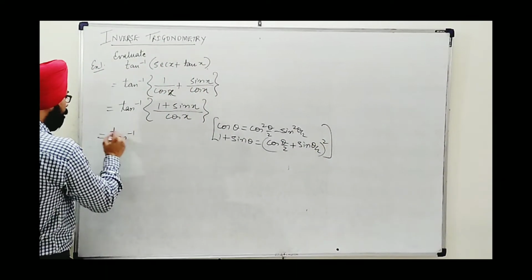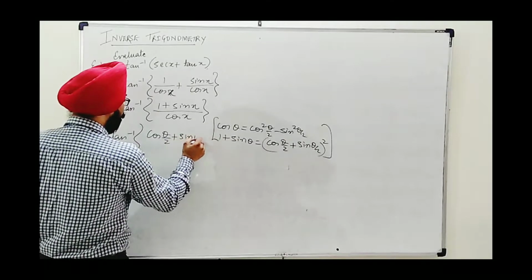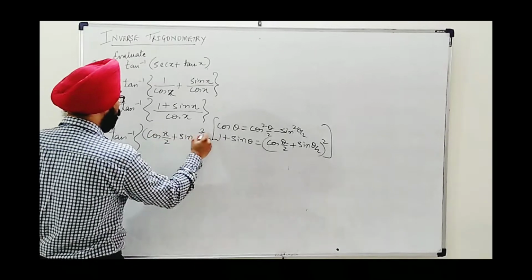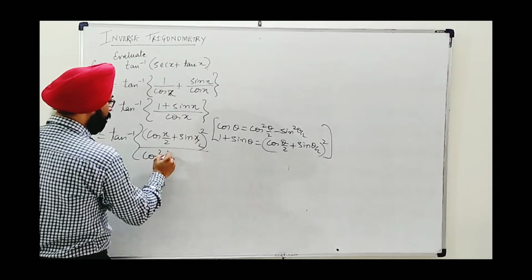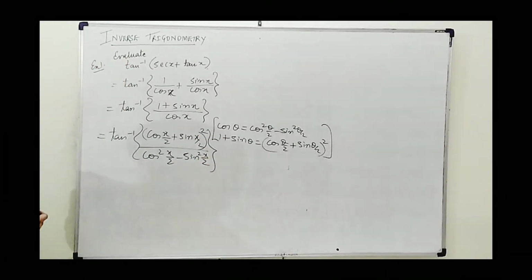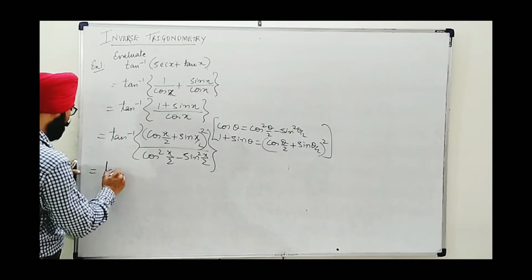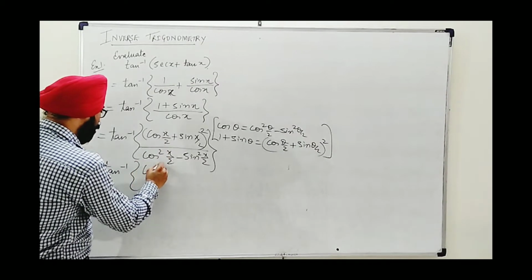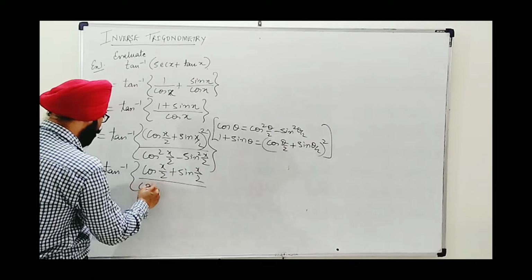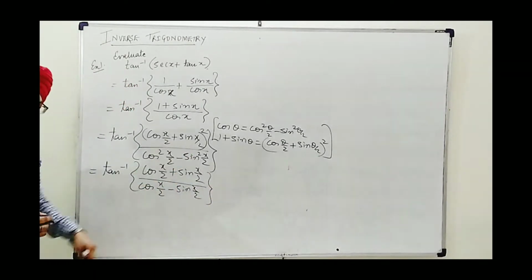So we will write here tan inverse, cos x by 2 plus sin x by 2, and we need to write x whole square in denominator. This is cos square x by 2 minus sin square x by 2. Now we know that a square minus b square will cancel this out. So obviously we have tan inverse cos x by 2 plus sin x by 2, one time cancel, and below we are left with minus sign between. The plus 1 we have cancelled out with this one.